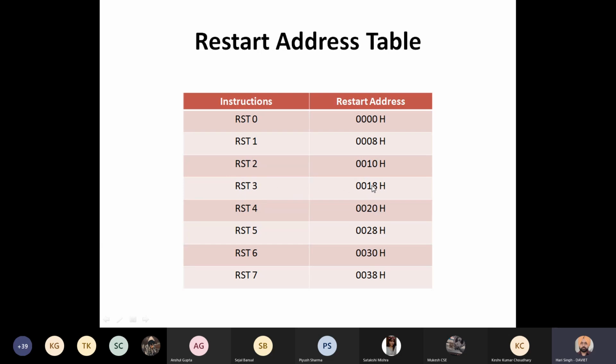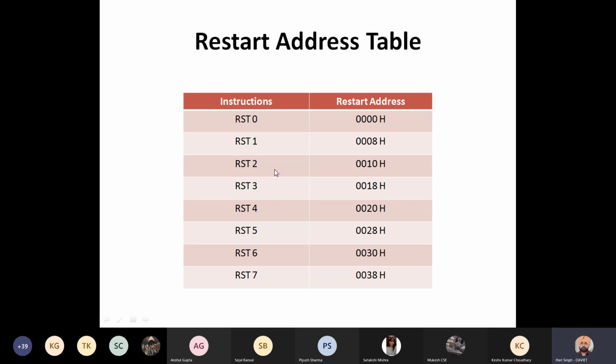So this will be similar to call instruction. At 0018, a subroutine will be placed. So that subroutine will be called if RST3 is executed. After completing the subroutine, at the end we write a return instruction which will transfer control to the main program. Okay.